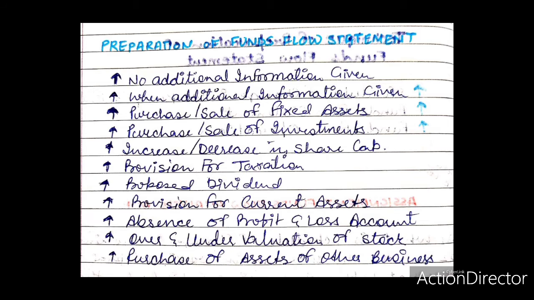The fact that depreciation should be added back to the net profit does not mean that depreciation is a source of funds. Otherwise, all firms would have provided higher amount of depreciation to create funds. The depreciation is added back because it is a non-cash item and does not affect the funds of the firm. However, depreciation can be taken as a source of fund in limited sense because of the following reasons.